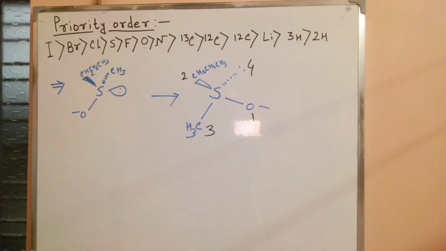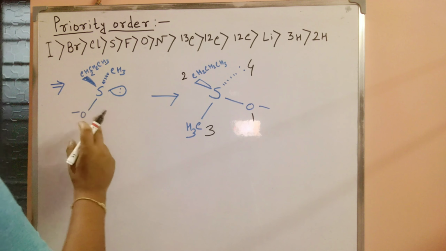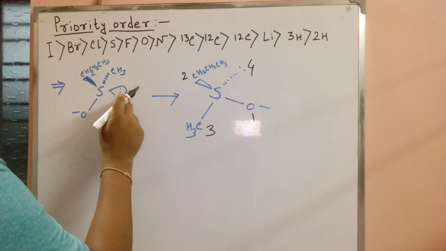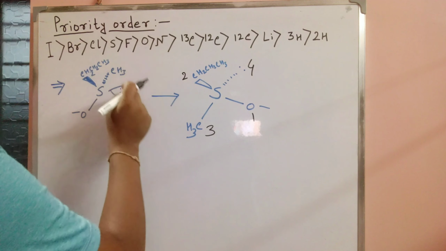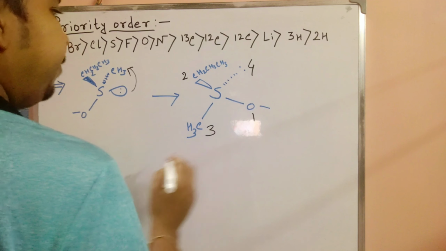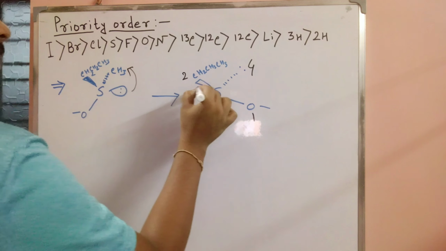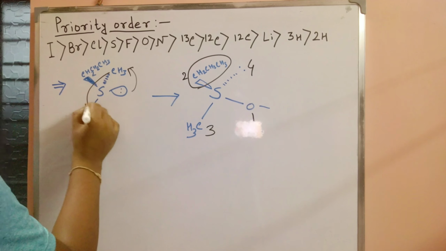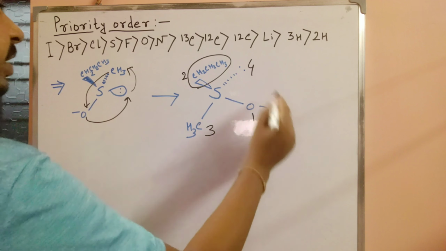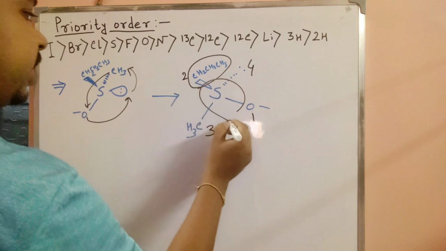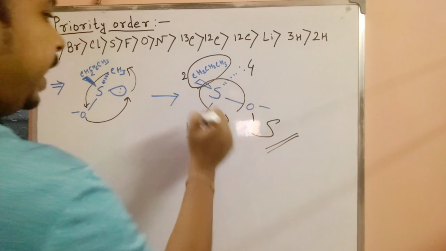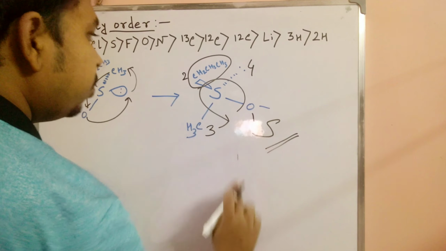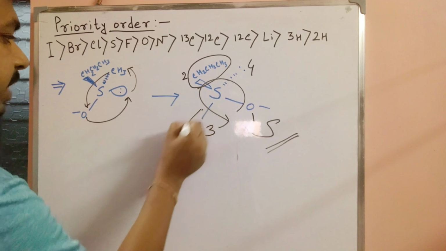In this example, we also first follow our priority sequence. Here the lone pair is our lowest priority, so our target is to transfer the lone pair downside. At first, when we shift, this bulky group is fixed in this place. So when we exchange this lone pair downside, this methyl group comes here, and the O minus comes here. So after exchange of this molecule, 1 2 3, the rotation is anti-clockwise, and then S. So from our point of view, the 4 group is downside, so our point of view is on this side.